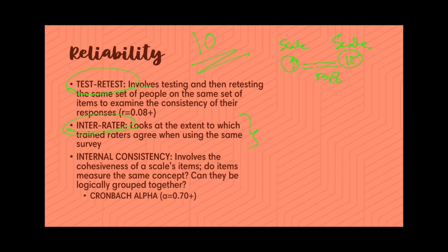Next, and the one that we usually use and something that you might be doing for your thesis and for your pilot testing, is internal consistency. That involves how cohesive the items in your scale are per dimension. So this is what you will be doing also in your assignment. Do items measure the same concept, or are there some that stray? Can they be logically grouped together? Okay, so